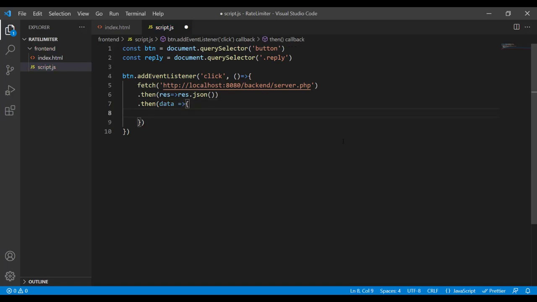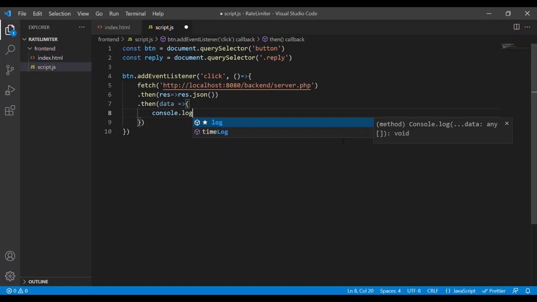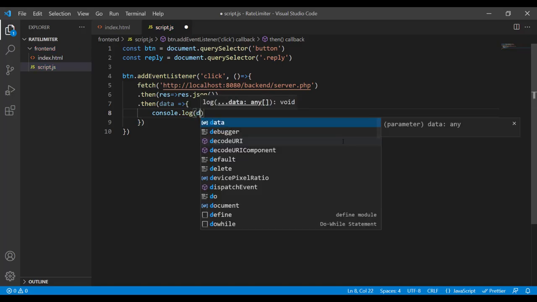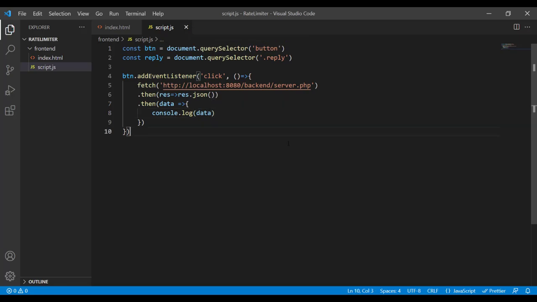Now over here we have to define the logic through which the data that we have received is going to be displayed in the browser. But for the time being we are only using a console statement just to make sure that we are receiving the data, and then we will modify this part. There is another reason for not displaying the data straight away in the browser, and that reason is going to be clear once we have defined our server logic and we have seen how the server is sending different types of responses. Based on those responses we will define the logic for how to display each response in the browser. Therefore for the time being I have just put the console log.